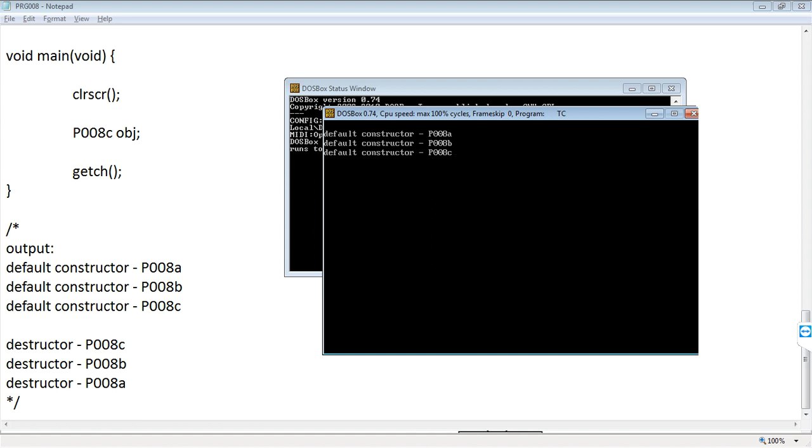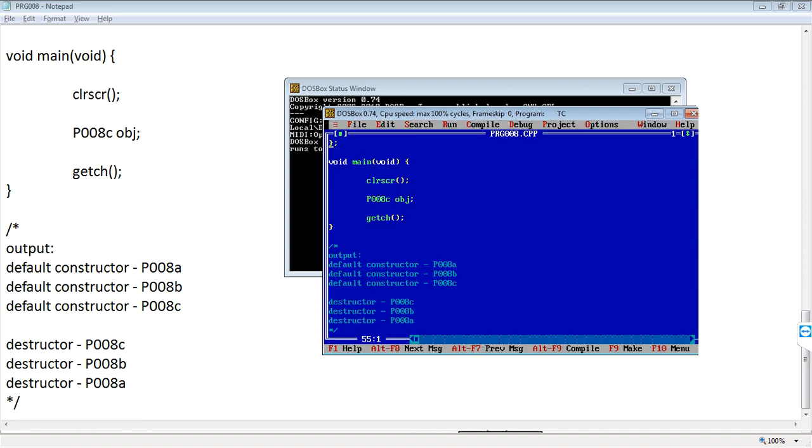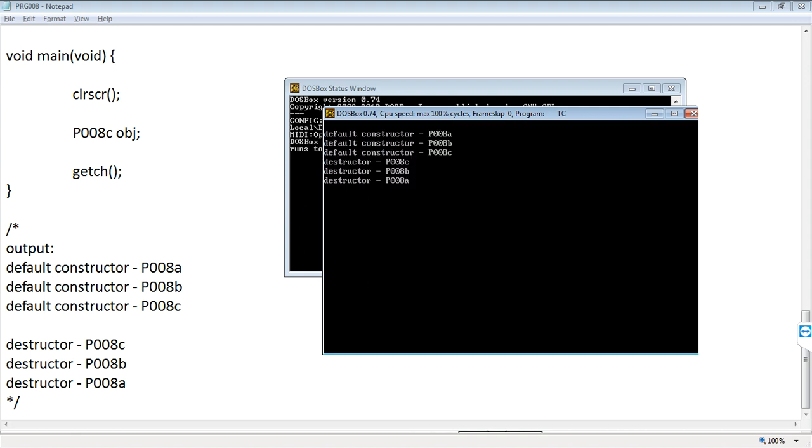Now I want the destructor output also, so press the escape key. Again I return back to the output screen window and press Alt F5. Now the destructor is displayed also, since the program is finished and the class is also finished. When the class finishes, the destructor is also displayed on the output screen. Are you clear?